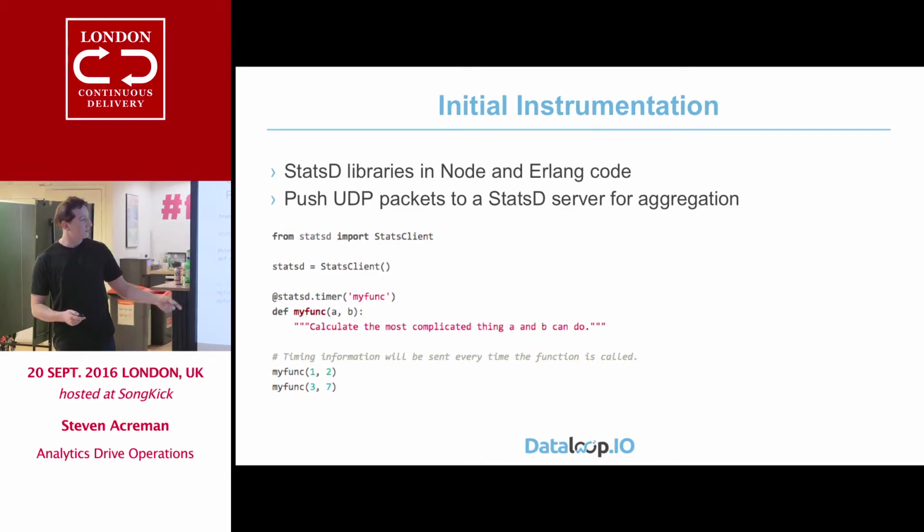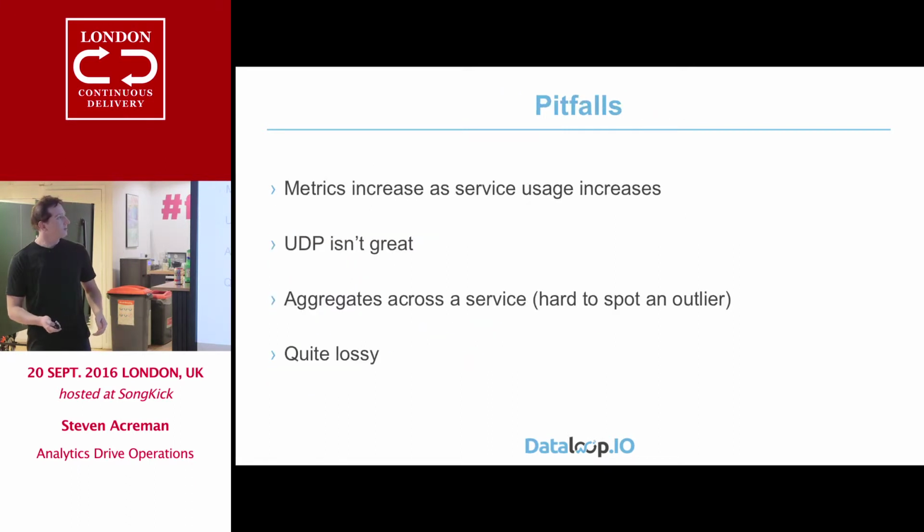You can see here's some sample Python code. Just use a decorator. You've now got a timing for that particular function. Kind of like APM, but it's more custom. I mean, you can use this for loads of different things. Whatever metric you want, you can graph. So we've just been through the bad things.